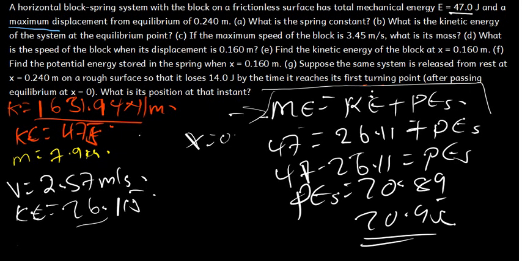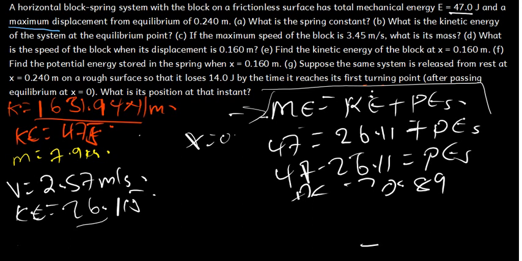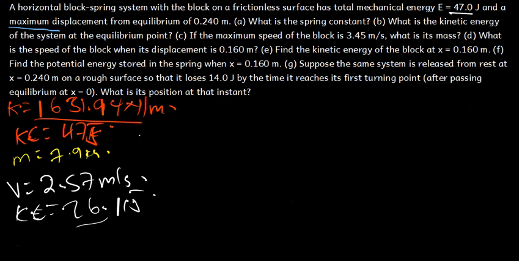Okay, let's see our last question, which is G. G is saying, suppose the same system is released from rest at equilibrium. Okay, let me read again. The question is saying, suppose the system is released from rest at x is equal to... Let me just get rid of this and create space. They are saying that suppose the system is released from rest at x is equal to 0.24